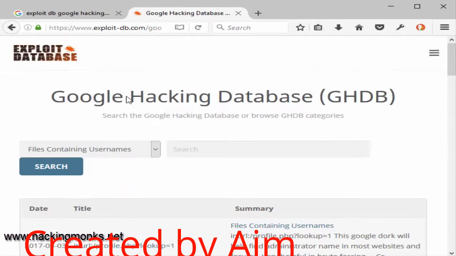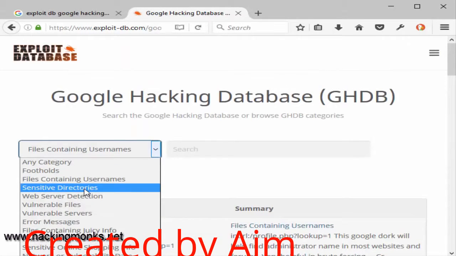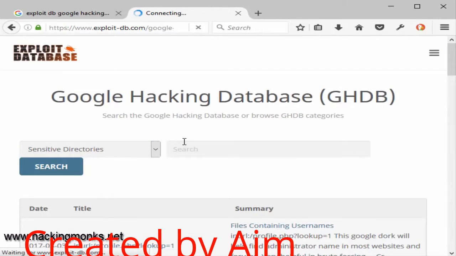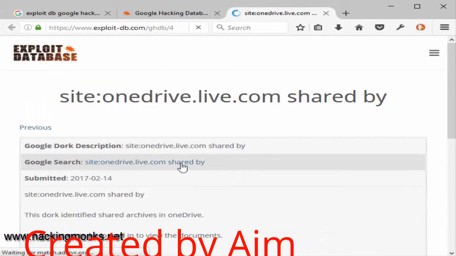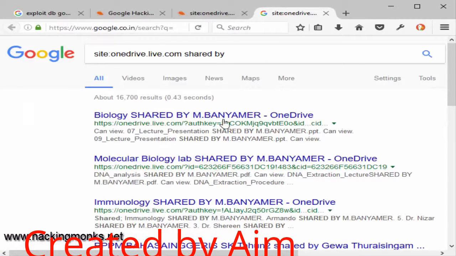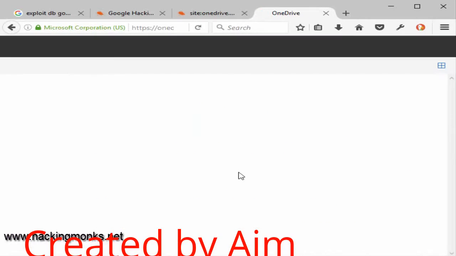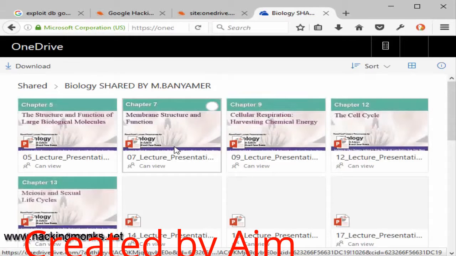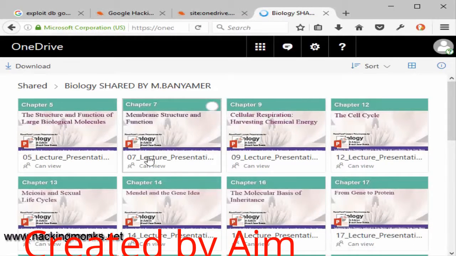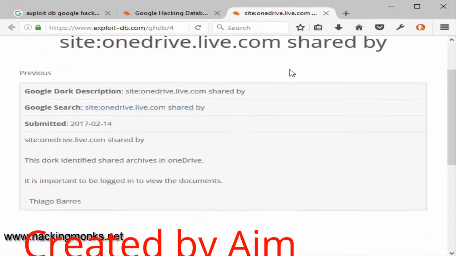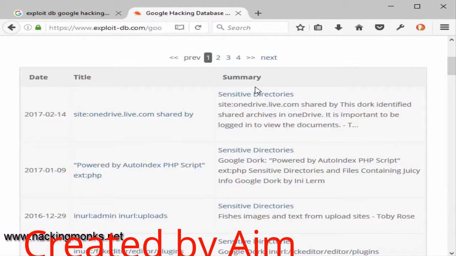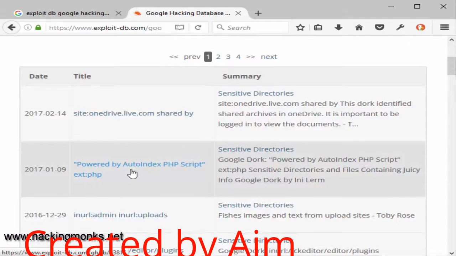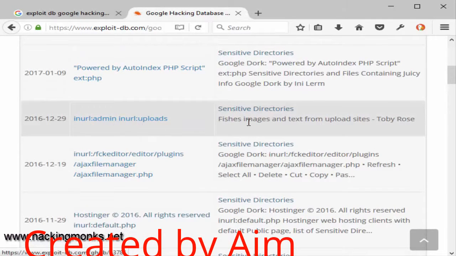Just like that, you can go for sensitive directories. Let's try out this one here. It's a drive shared to the public, but meant for few members, and now it's online for everyone. Biology tutors. Yeah, this is some information which is not meant to be on Google but is. And then we can get something like admin uploads.